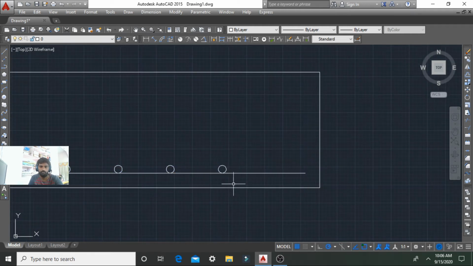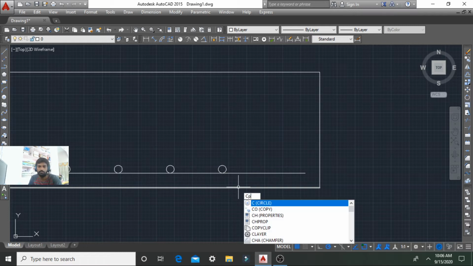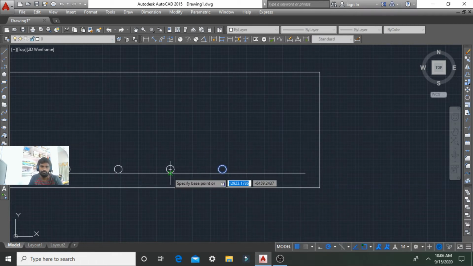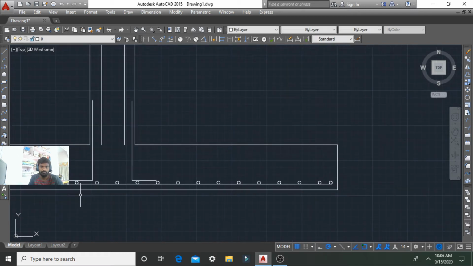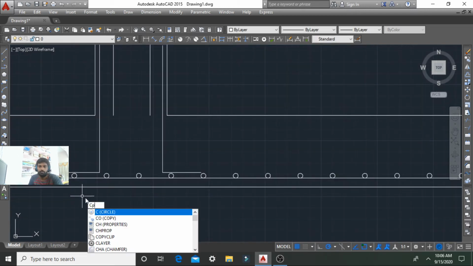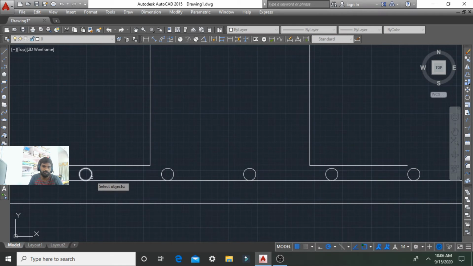So here we go, we can copy another one, and also the bar should be placed in here also.